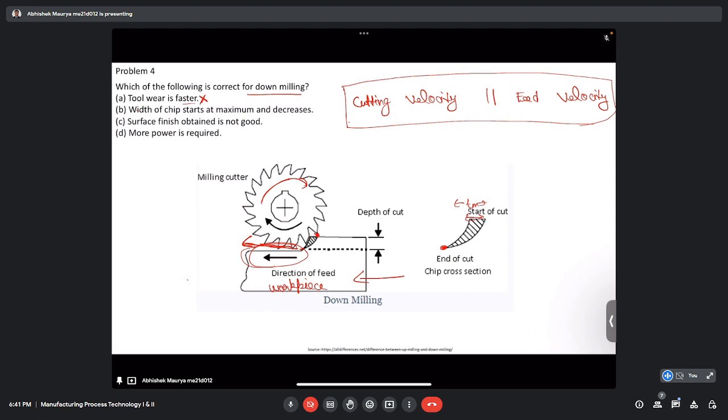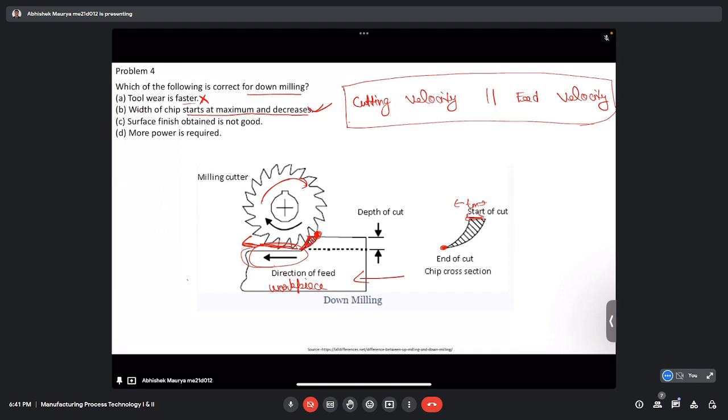In this case, tool wear should be slow because cutting forces are less. And the second option is that the width of chip starts at maximum and then decreases. Yes, it is correct. We already explained why it is happening. We can see that where the tooth is engaging, at that point we are getting the maximum chip thickness,